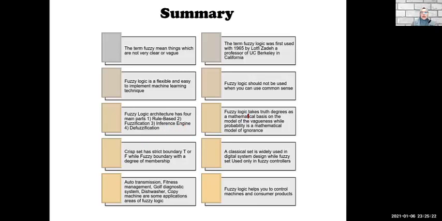Fuzzy logic takes truth degree as a mathematical basis on the model of vagueness, while probability is a mathematical model of ignorance. A crisp set has strict boundaries, true or false, while a fuzzy set has boundaries with a degree of membership. A classical set is widely used in digital system design, while a fuzzy set is used only in fuzzy controllers.